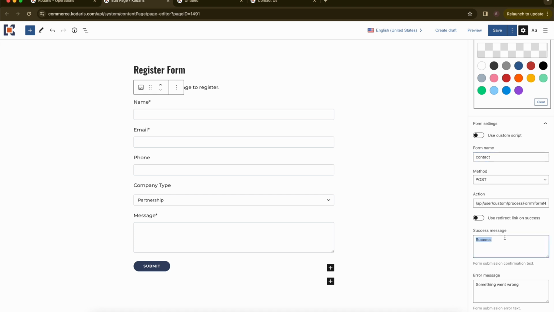And here we can also change our success and error messages. So I'll change it to something like that, and the error message to something like that. And one thing to note, this register form once submitted will send a generic email to that